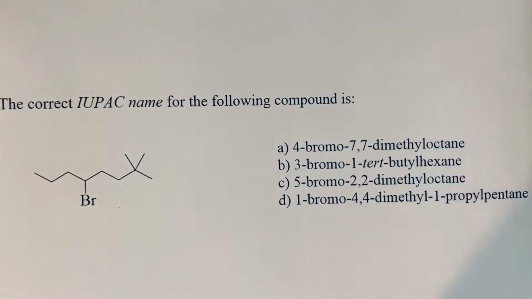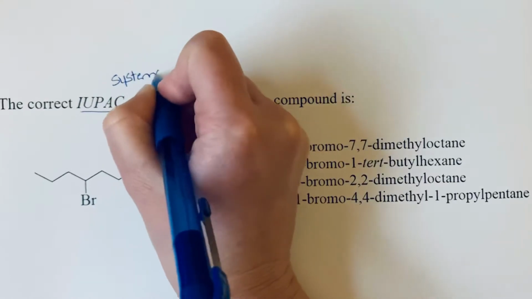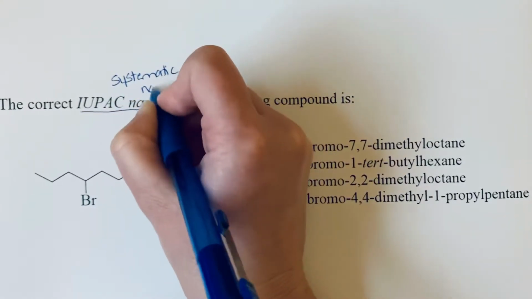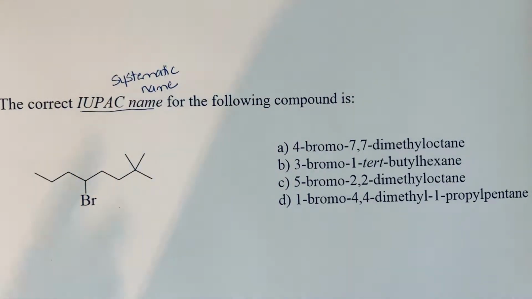The correct IUPAC name for the following compound is... So if we are looking for an IUPAC name, another way of saying this is the systematic name. This is a global system of naming that allows chemists around the globe to communicate when they are working with the same compounds. So the first thing we want to do for an alkane like this is